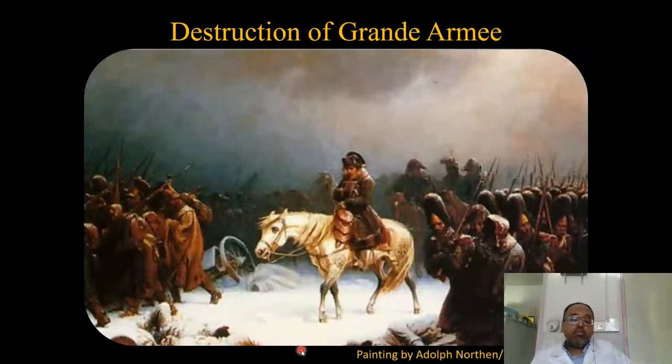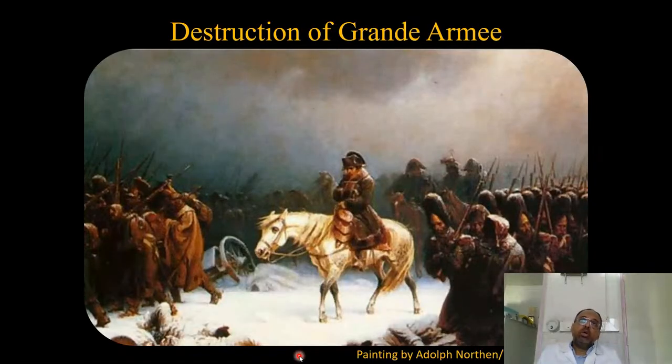This is another painting that highlights another historical event which was closely associated with an infectious disease. The guy in the middle is Napoleon, and it's his army. As you can see from this painting, the army is in disarray. They don't look to be in good condition. So this is the story of Napoleon's invasion of Russia in 1812. They went and captured Moscow, but the Russians, before retreating, had burned all the farmlands and all of the supplies that the invading army could use.